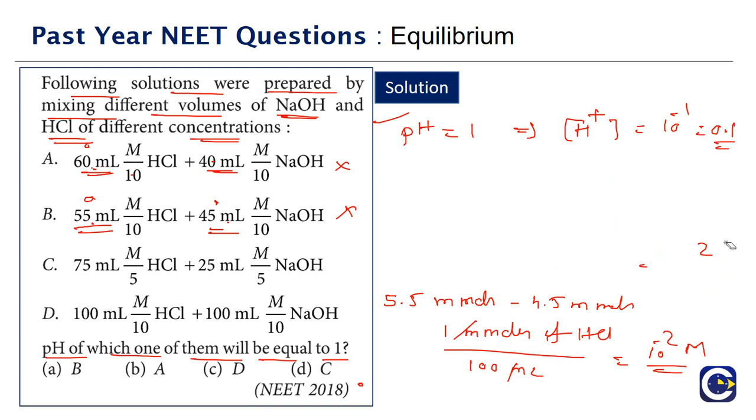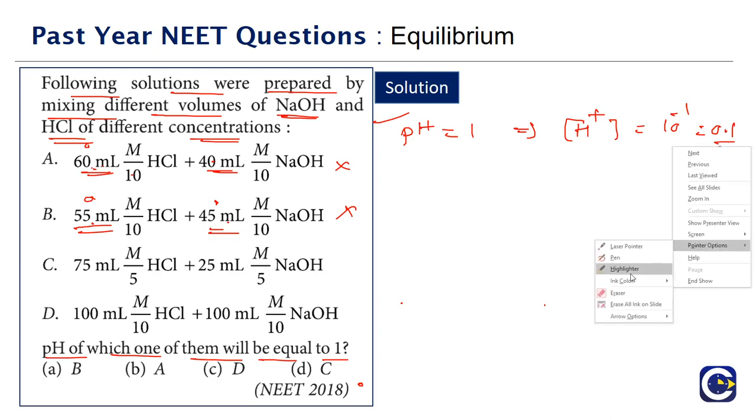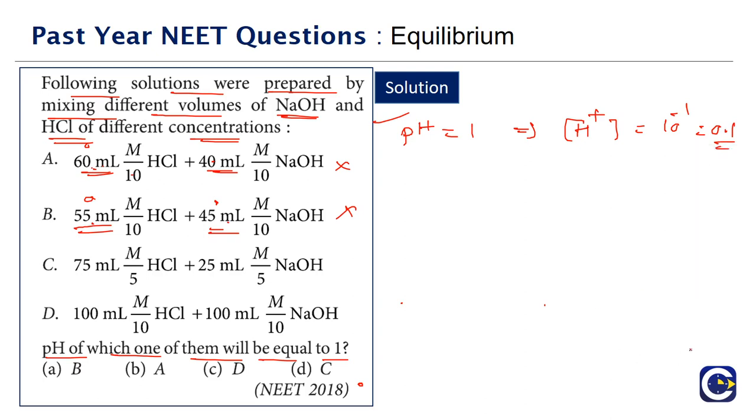So what essentially we are doing, we are given the concentration of the acid and concentration of the base that are mixed. We are just checking out the neutralization. After neutralization, whatever is the acid left over, we are finding the concentration of that. Now we will come to the option C part. So here what we are having?